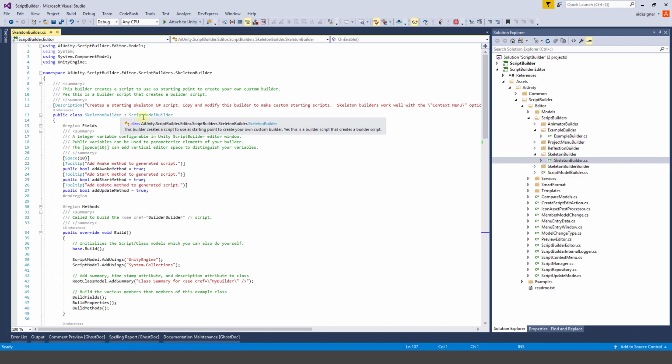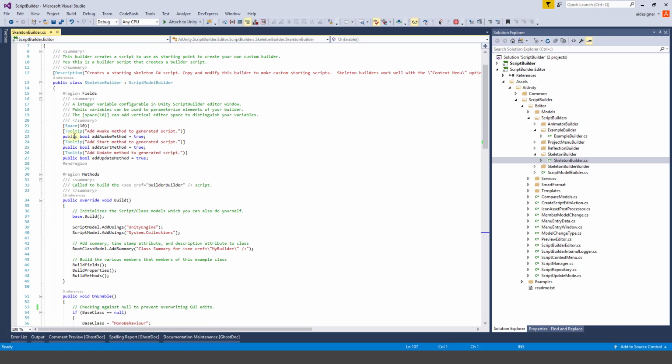Like the other builders, it's going to inherit from ScriptModelBuilder, which does some basic plumbing. Here are some public fields that are made available in this builder. So add awake, add start, add update. So the user can customize it by choosing which of these methods they want to be created. And again, you can add much more customization to make this skeleton script have exactly the plumbing that you need. It's also possible to make multiple skeleton scripts so that you can choose one depending on what